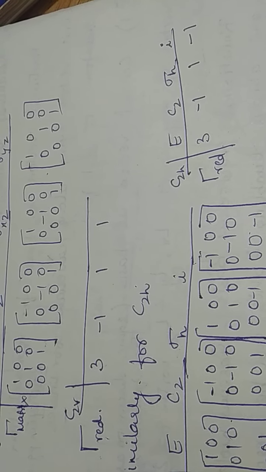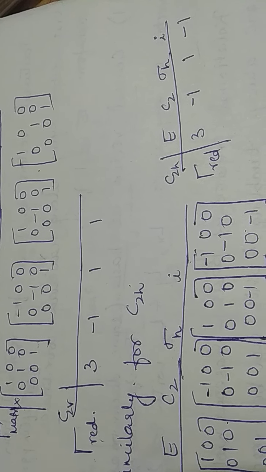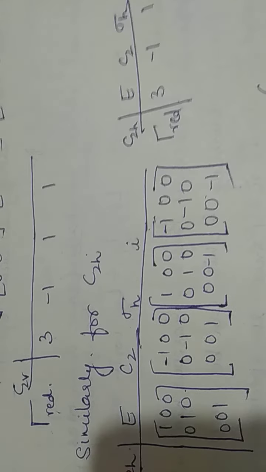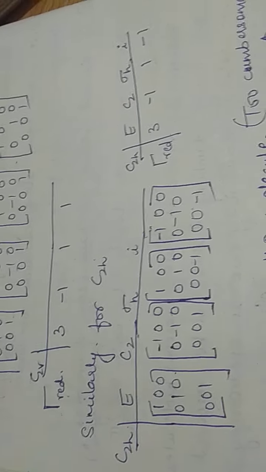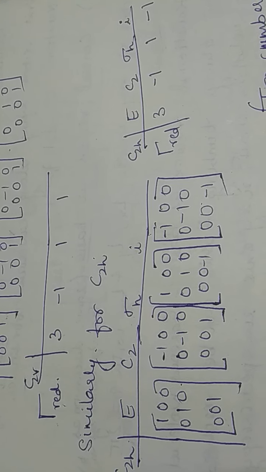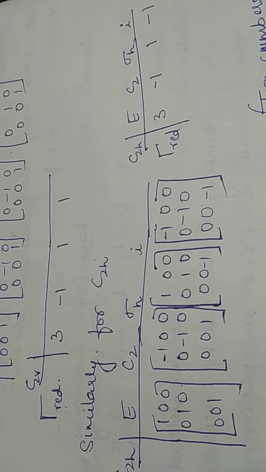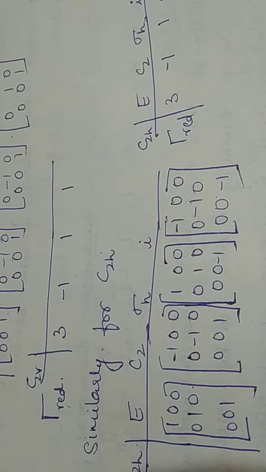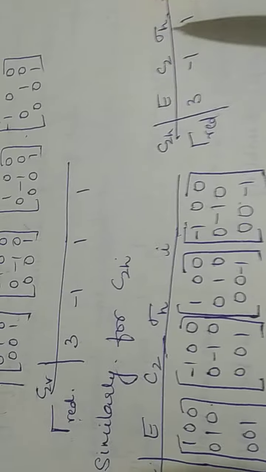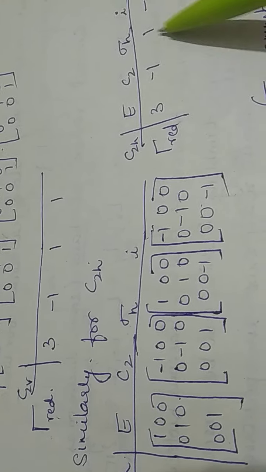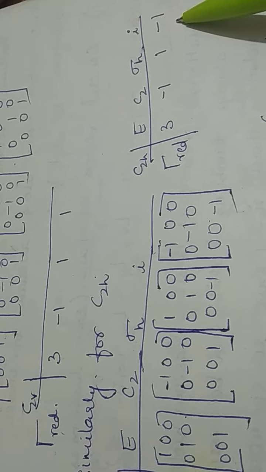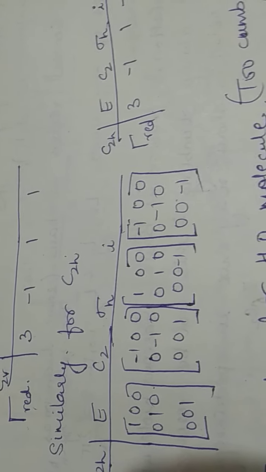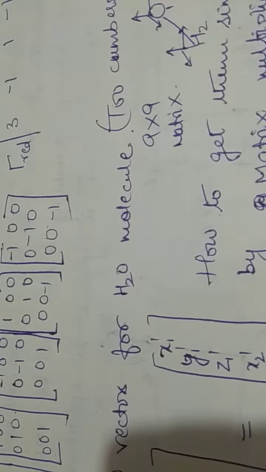Now let's try to understand this water molecule in terms of the 3N vector system. That is majorly applicable in case you are doing a theory paper and you get a question for higher marks, like 9 marks or 6 marks. Then you are expected to do the calculation using a 9x9 matrix, that is the 3N matrix. Otherwise, directly also you can calculate as we have calculated. Once you are used to this, you will be able to calculate this matrix directly. But from the exam point of view and theory paper point of view, we have to learn this, and you have to solve this, maybe even in the exams. Okay, so let's learn this.